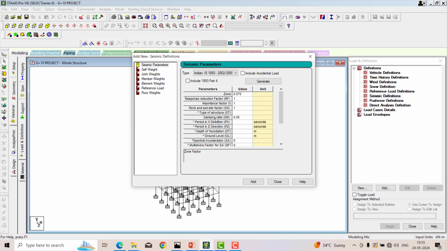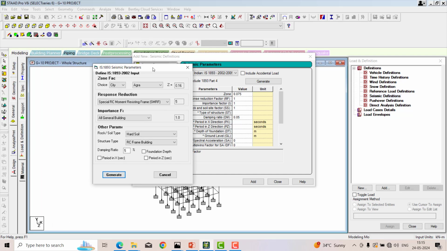Here we have the recent parameters; we have to change them according to our project site location and all that. For that you click on generate, and then here we have the zone factor. Either you go with the city, or if you know under which zone the project falls, you can use that. I'm just going with the city or zone, both are the same.